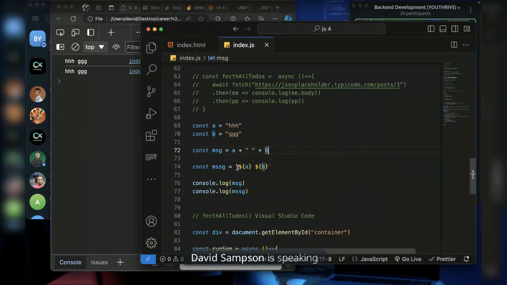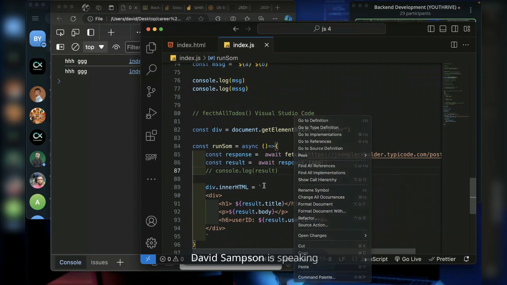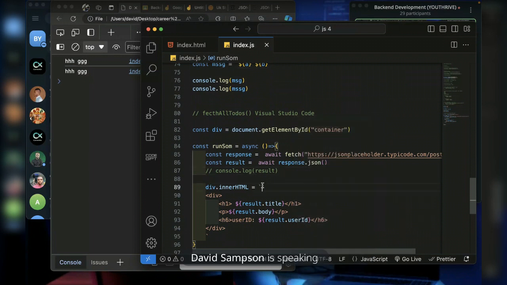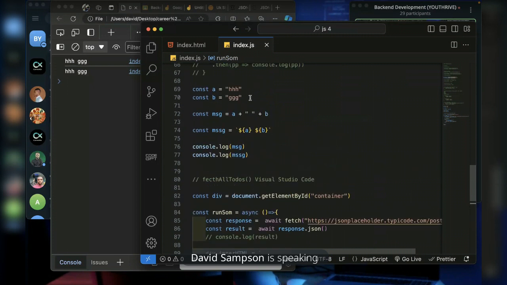This second one is for here 77, which is this. So these two things are the same thing, but we're doing it different ways. Here, because I'm using backticks, that is why I have to use dollar and curly braces. But if I'm not using backticks, then I can join the strings using the plus sign.